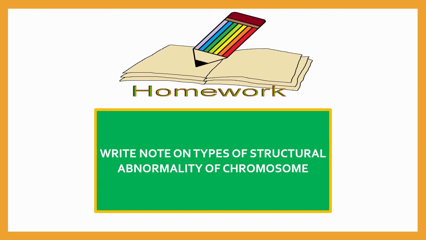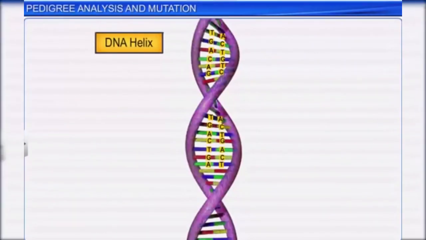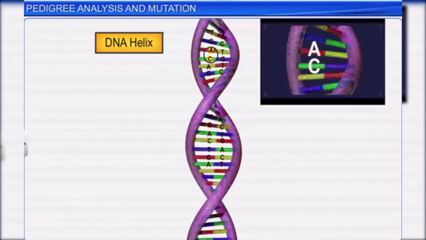Before we finish this lecture, let me summarize the whole topic using one animation video. So look at this video. However, on rare occasions, such as recombination and mutation, changes or alterations do occur in the genetic material, which alter the chromosome. Mutation in genetic material leads to changes in the genotype and phenotype of an organism.